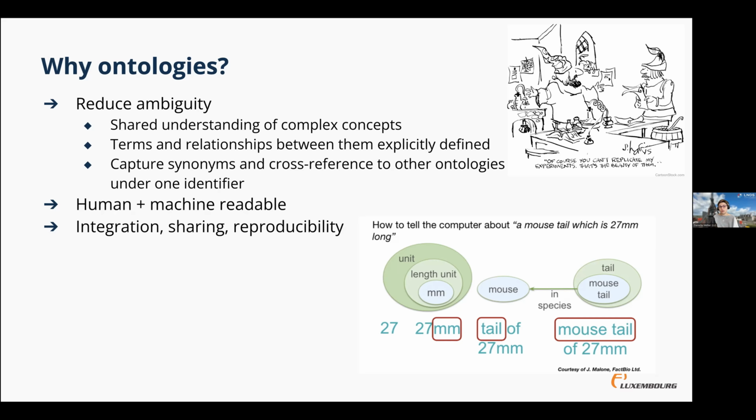The other advantage of using ontologies is they are both human and machine readable. In the era of big data, we need to rely on our computers to do a lot of work for us. So we need to give the computers the tools to understand the data that we give them, understand the texts we give them, and so on. But very often when we have computer readable stuff, code, and so on, it's not really very friendly for humans. On the other end of the spectrum, we have our clinicians, we have our lab scientists who might not be that familiar with computers, and who still need to be able to give us that data and describe their data.